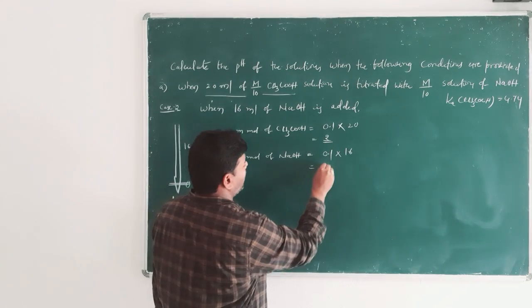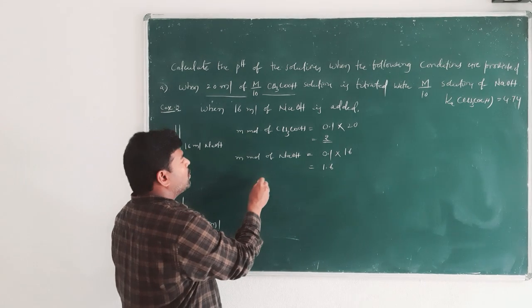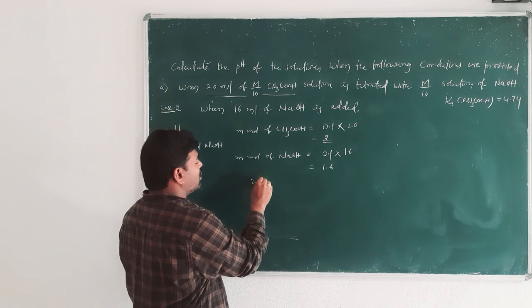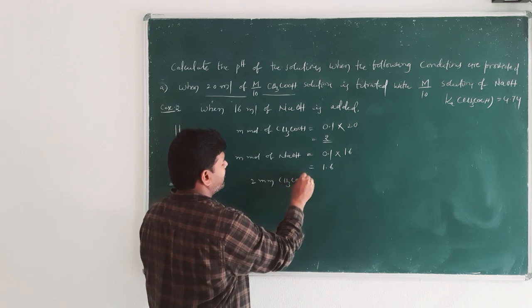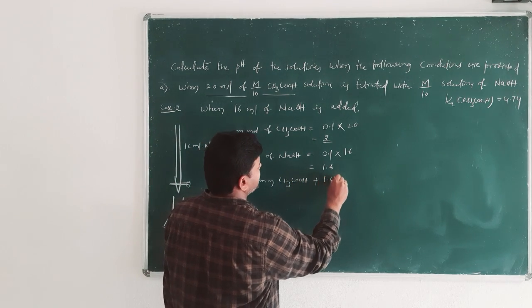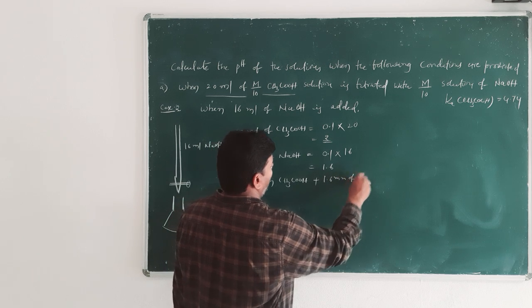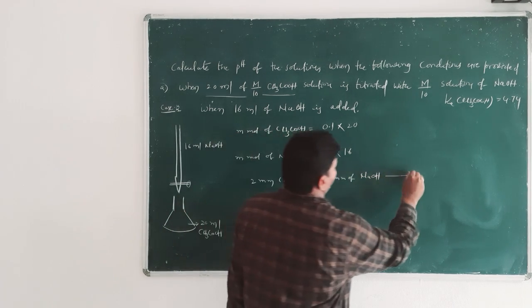So this is 1.6. So 2 millimoles of acetic acid reacts with 1.6 millimoles of NaOH